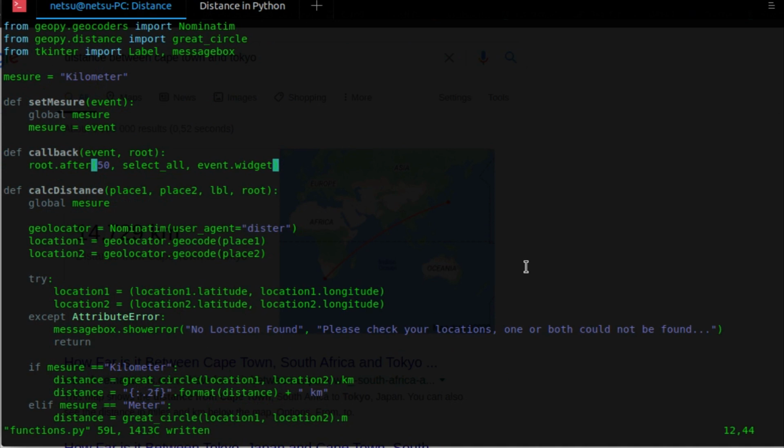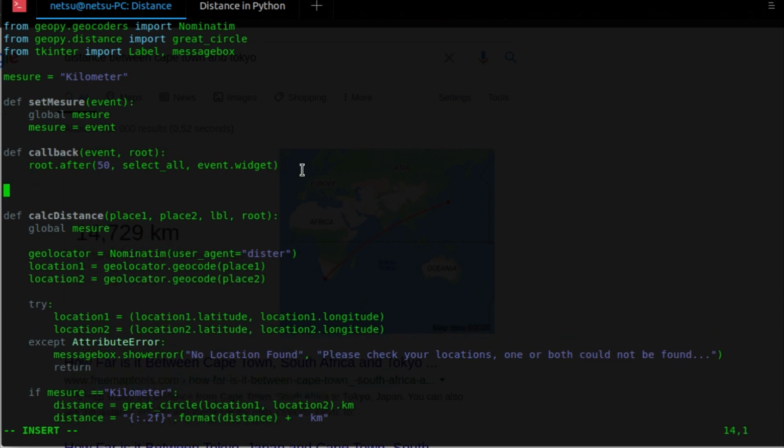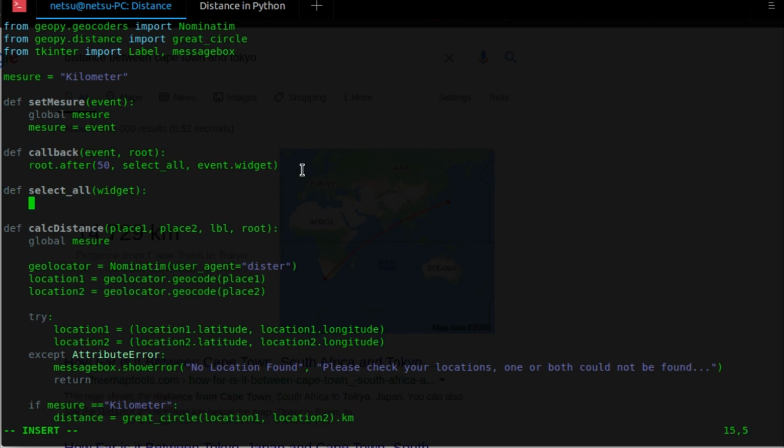So what did we get wrong? Select all. There's something wrong here, they say. You know what? I forgot. Select all is actually a function. So then define, and we have to go select all, and then widget, and we have to create a function for select all. So then we want to go widget dot select range, and we want to say 0 until end,